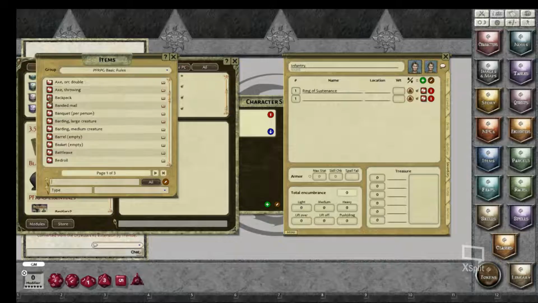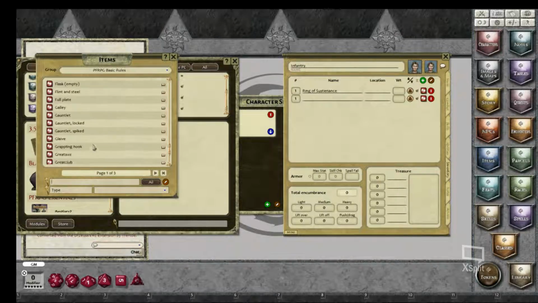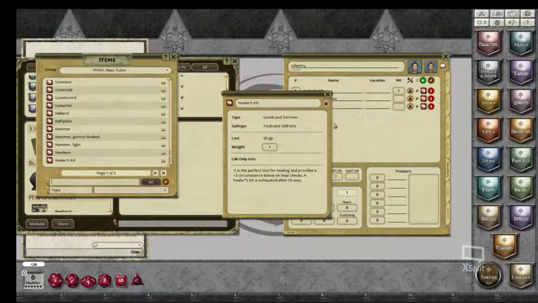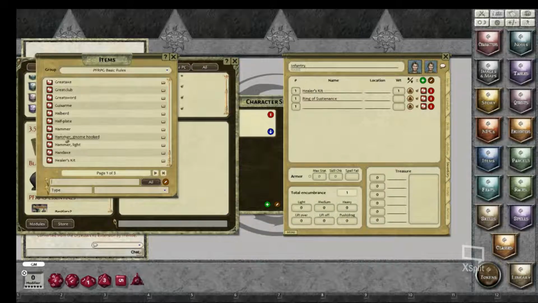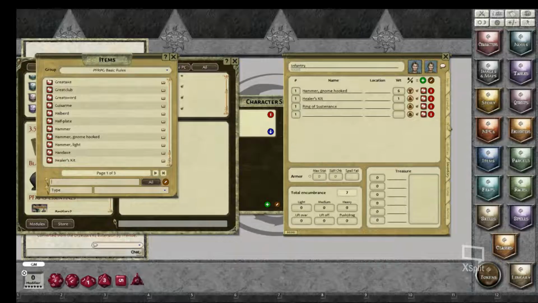So, I don't know if they actually have kits. No, they didn't add kits. This is rather limited in the options, but if you've got a healer's kit, that's good to know. If you've got a gnome hook hammer, which you guys won't because you aren't gnomes, but I can add this to here and it'll give you the weight, it'll give you the tooltip where you can pull up information and stuff,